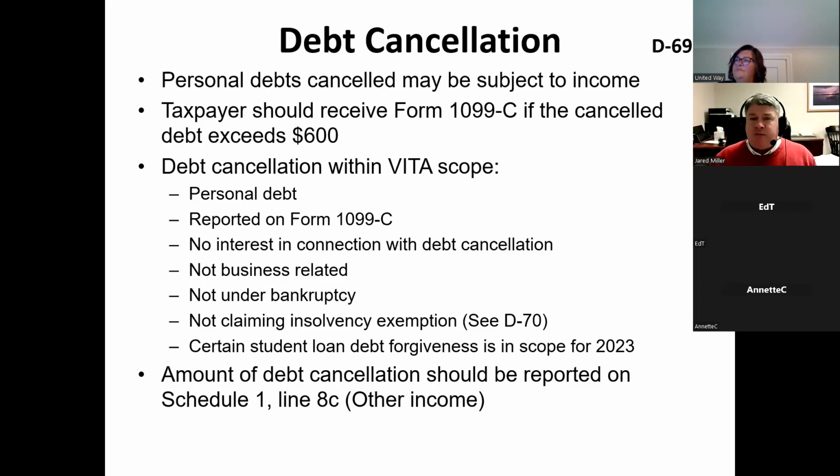We can enter that information in on TaxSlayer as other income. And as long as that is personal debt, meaning it's not business debt, so it's not related to a business activity, it's reported on the 1099-C because it's over $600. Again, no business connection at all with that activity, not bankruptcy related, and not claiming insolvency exemption. So insolvency exemption, we have that on D70. That allows the taxpayer to get out of taxability, provided that they have more debt than what they have in assets, that they have more that they owe than what they have in tangible assets that they can use to pay those liabilities. Insolvency exemption is outside the scope of VITA,